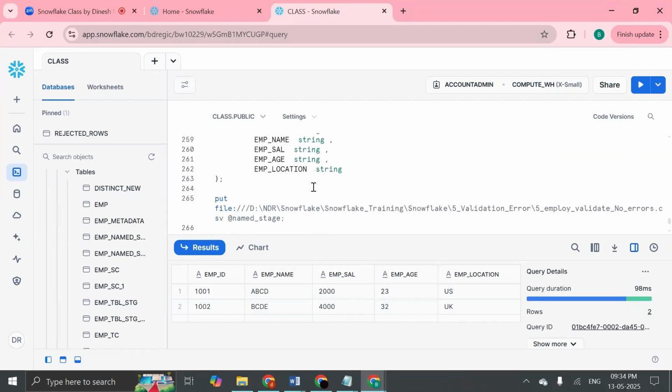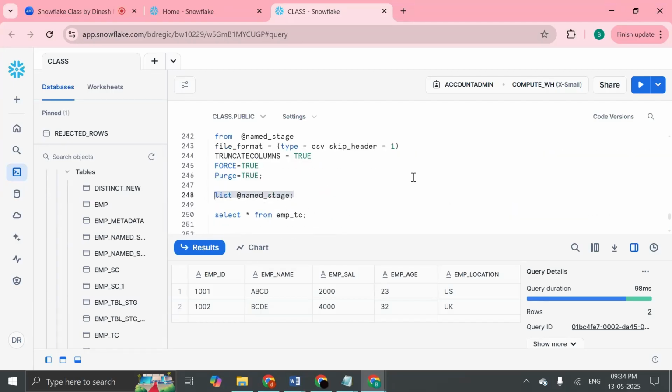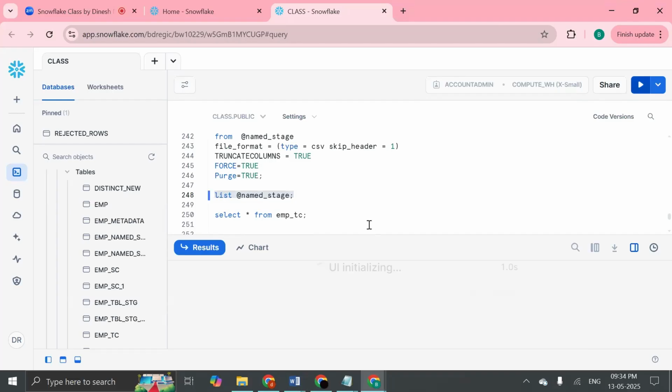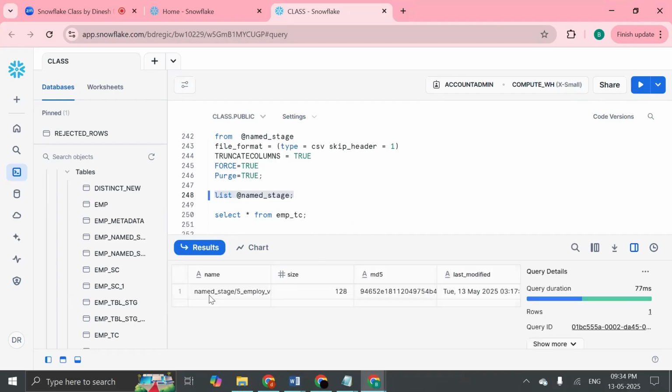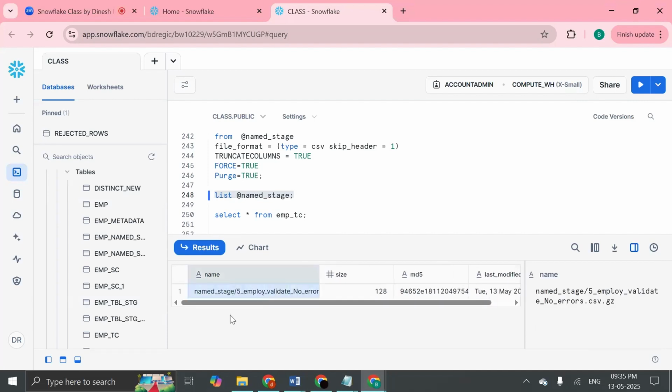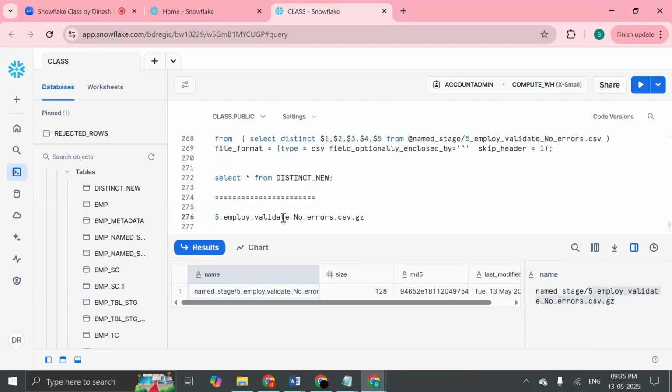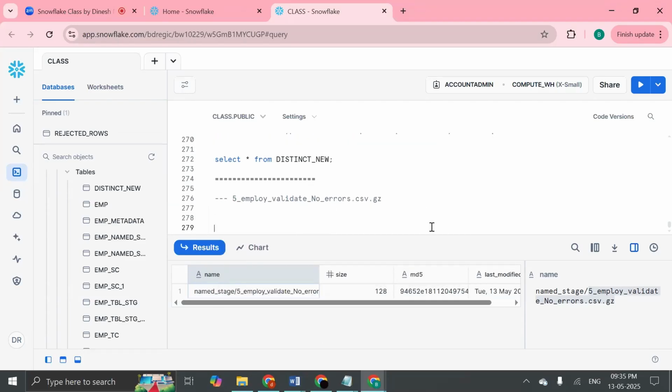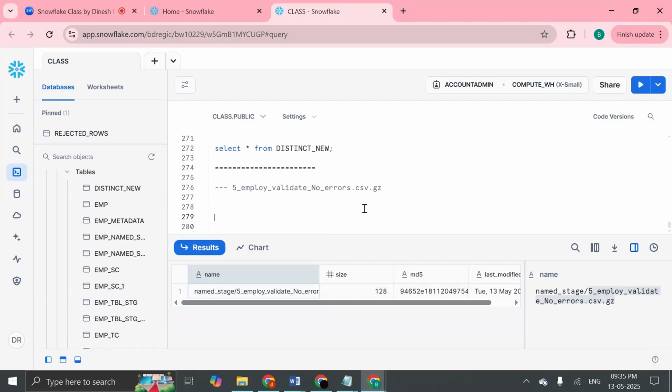For example, if you see the stage name, this particular stage, the file is available here. Now, when I am trying to load this particular data into the table, I don't want to create a table structure first. During runtime, when I run the copy command, it automatically has to load the data to the table. So for that process, we are going to use